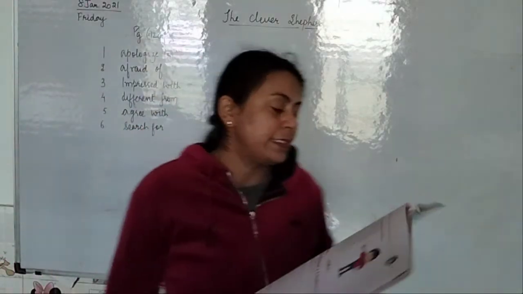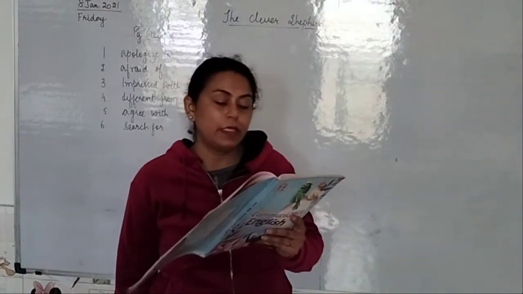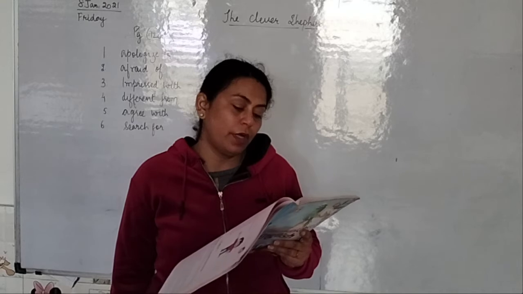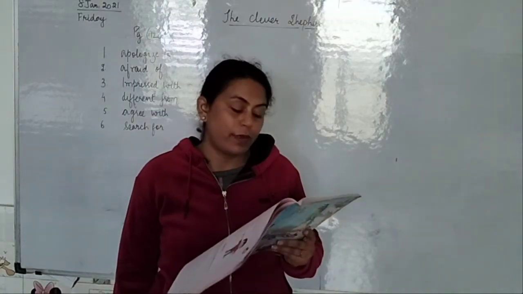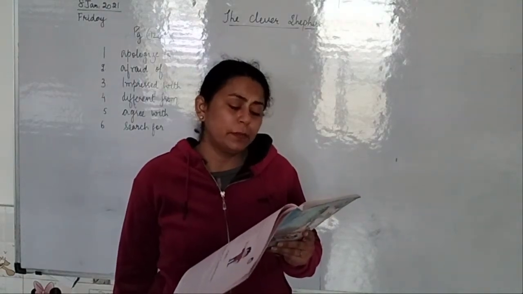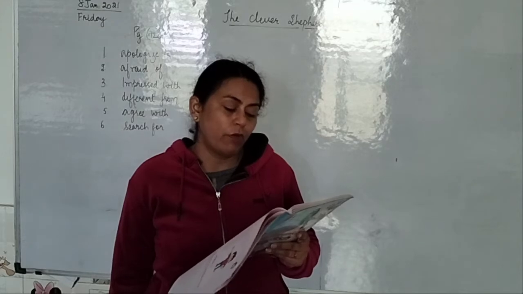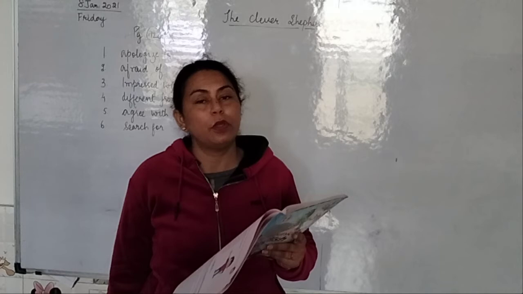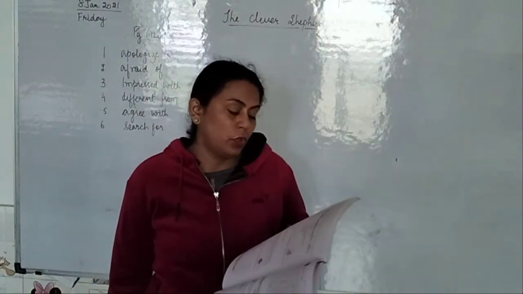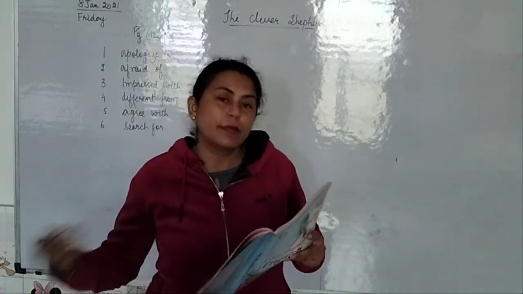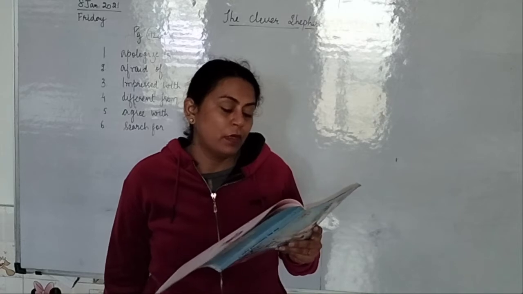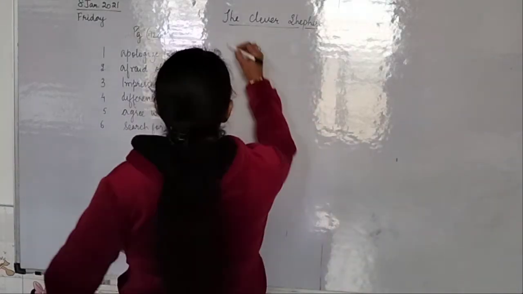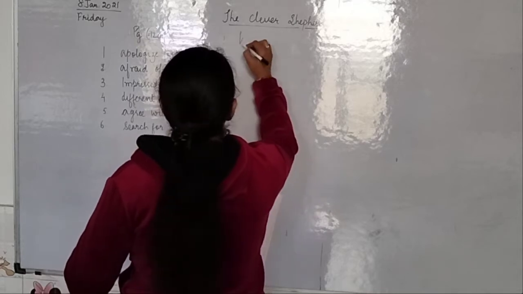Now we come to the writing skills. Read the following conversation and complete the paragraph given below. Do not copy the whole sentences. John, where are you going? David says, I am going to London. Do you know whether the plane is on time? It is to take off at 10 p.m. I hope it is on time. So we have to write it in our own words. John asked David where he was going. We have to write it in indirect speech. David answered that he was going to London. So now here we will write, these are writing skills.